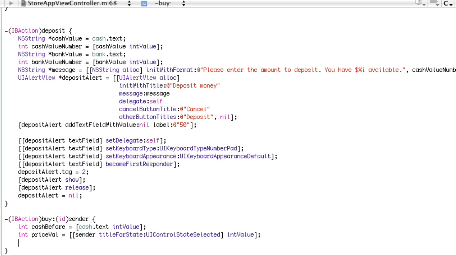Now we're going to create our string for the text price. So we're going to go NSString. We'll just call this priceText equals bracket NSString alloc, initWithFormat. So initialize the string with the format, and we're going to go plain text. So @ quotation mark